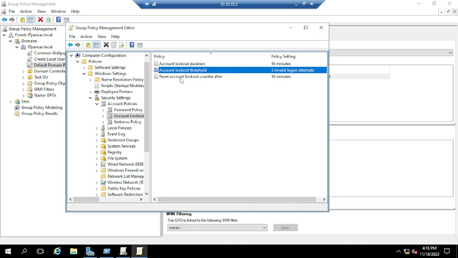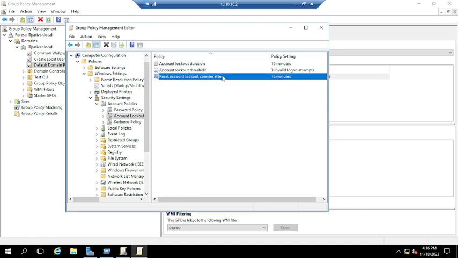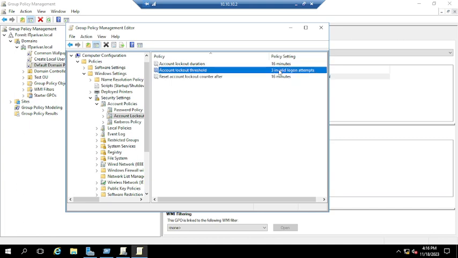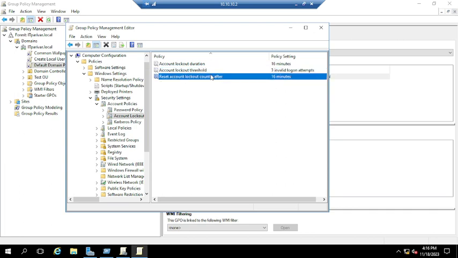Now you can see the reset account lockout counter after how many minutes, 16 minutes. Once the user is locked out, the lockout counter will be reset after 16 minutes, or